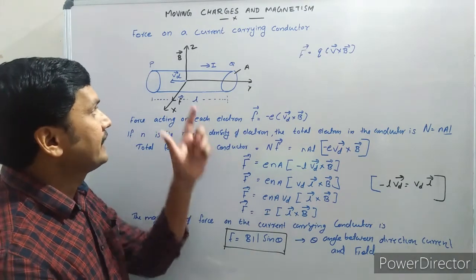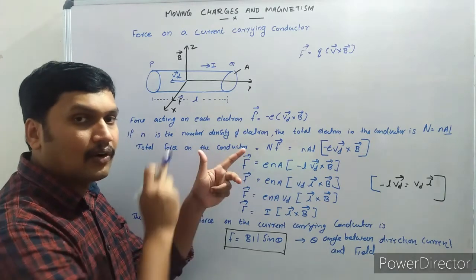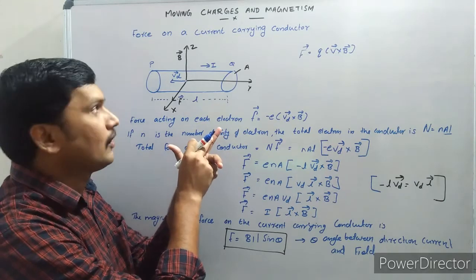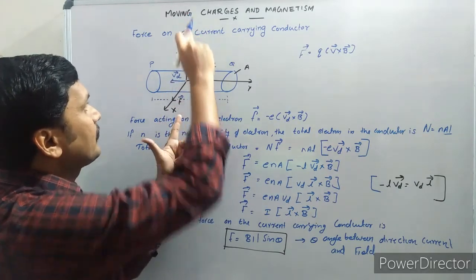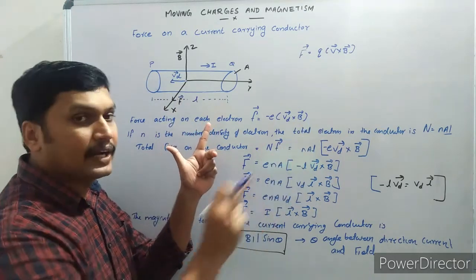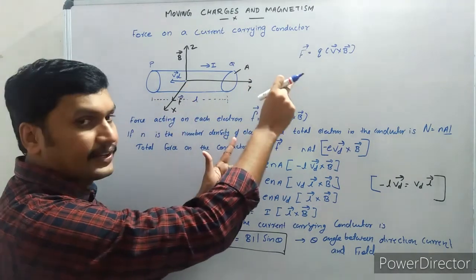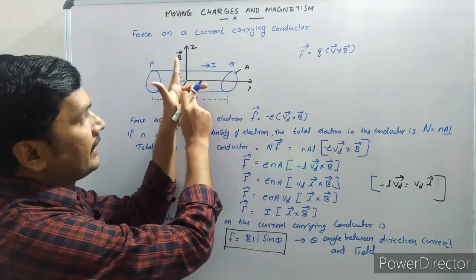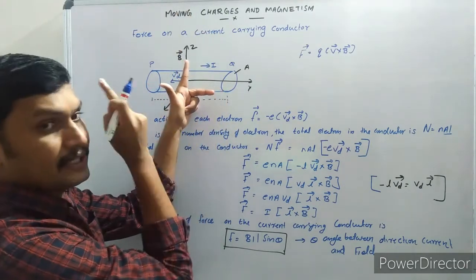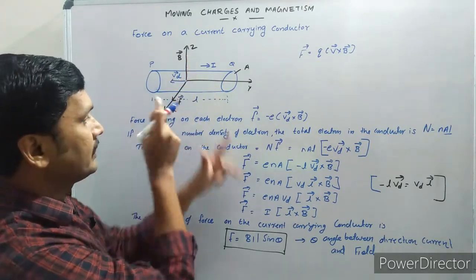You know that to apply Fleming's left hand rule, first we stretch the three fingers of the left hand in such a way that the forefinger is in the direction of the magnetic field. Here, this is the direction of the magnetic field along the z-axis, and the middle finger is in the direction of current. Here, the electron is moving in this direction, so the current is in this direction. So this is the direction of current and this is the direction of magnetic field. So the thumb points in the direction of magnetic force. This is the direction of the thumb in this diagram.